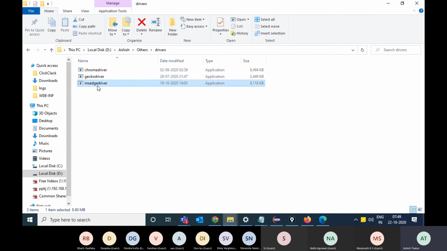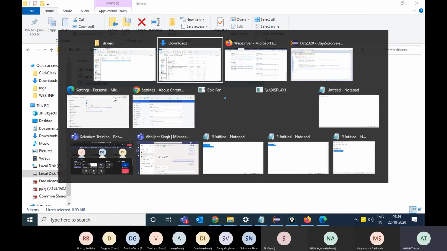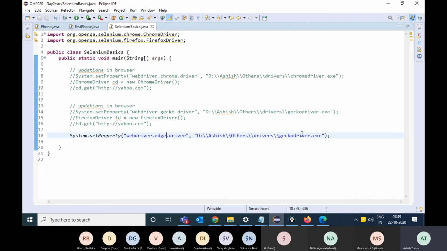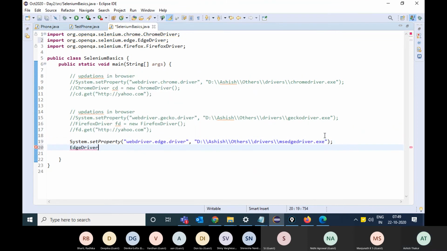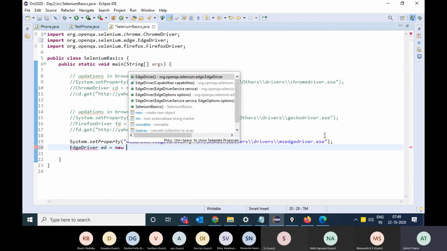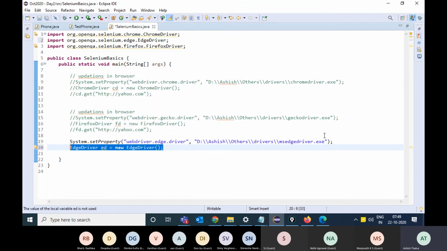You have this msedgedriver, so you keep this over here and you just need to create the object of EdgeDriver. This is the internal class in Selenium which manages Edge.